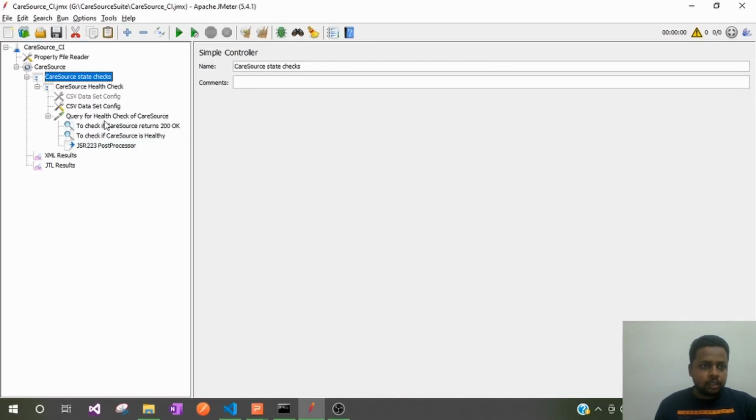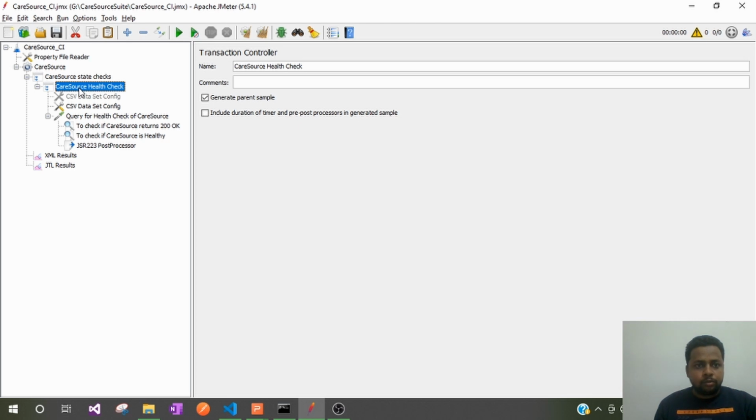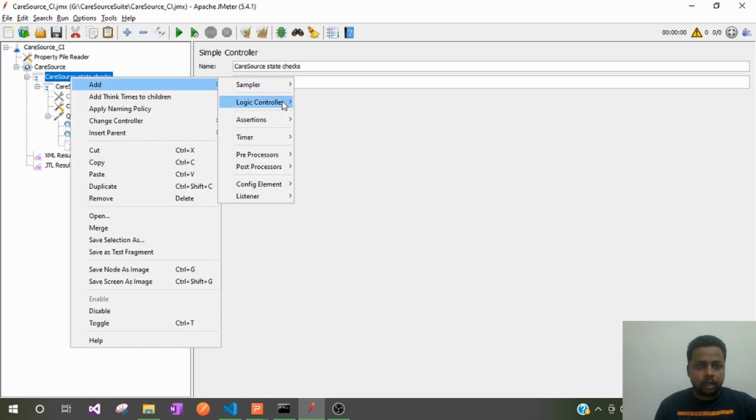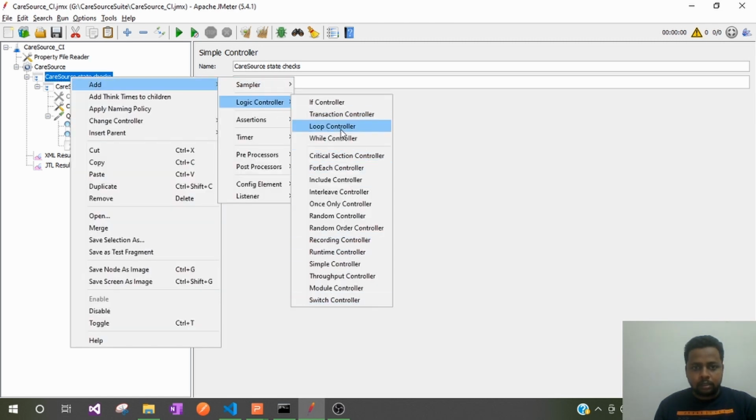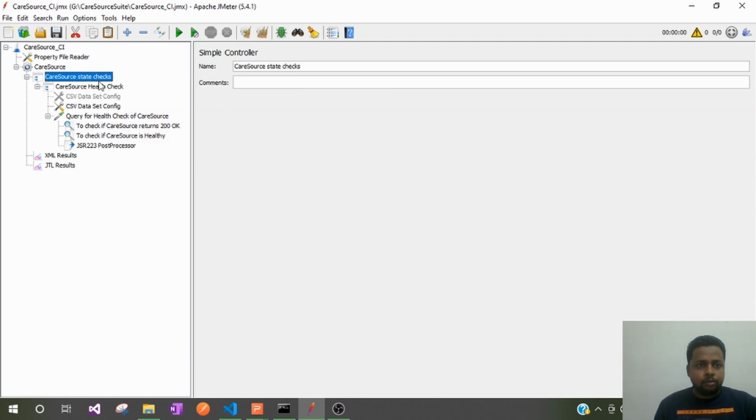Then what is the next thing? We need to have a transaction controller as well. How can we add it? You can add a transaction controller by right clicking on this simple controller, add, logic controller, and then transaction controller. In the transaction controller we have an advantage. If you select the generate parent sample checkbox, it will appear in the test suite result, under which we can see our HTTP requests listed.